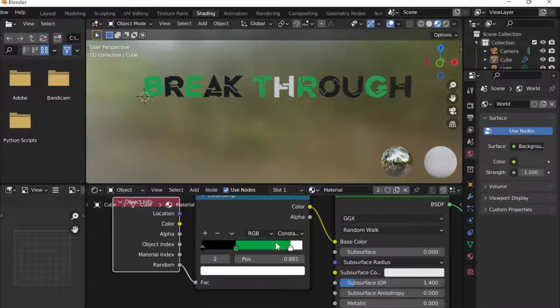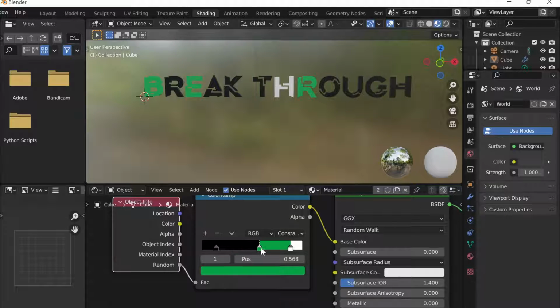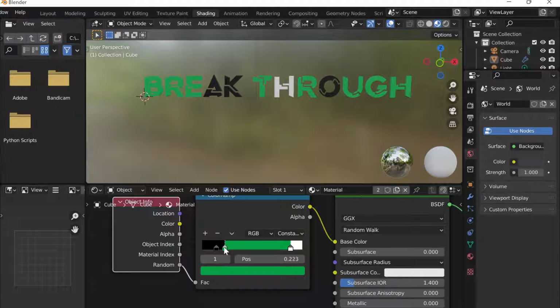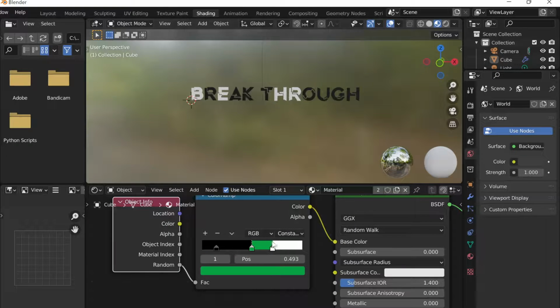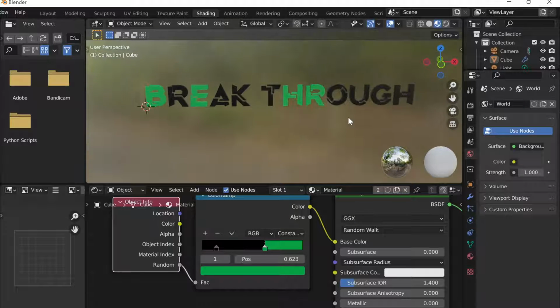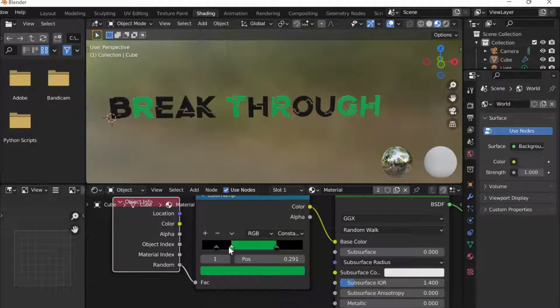I would want the B to be, oops. Just kind of play around until I like what I see. Oh, this one's nice. Maybe, I don't think that three colors would look good. Interesting. How about I just add another one and just paste it in here, have that kind of be there,